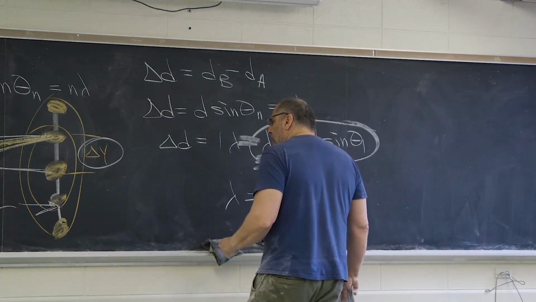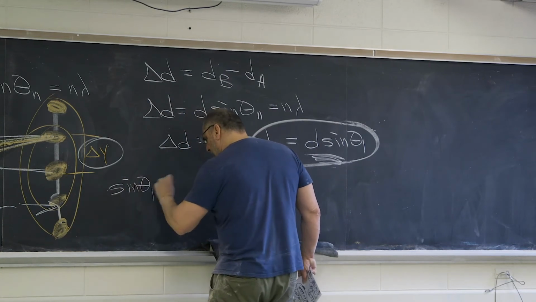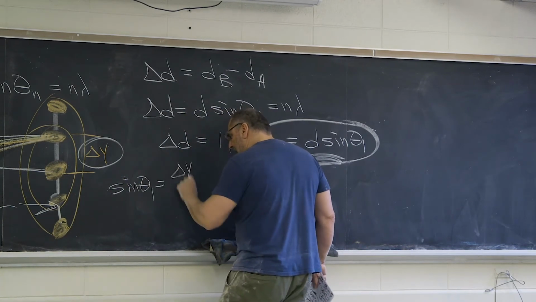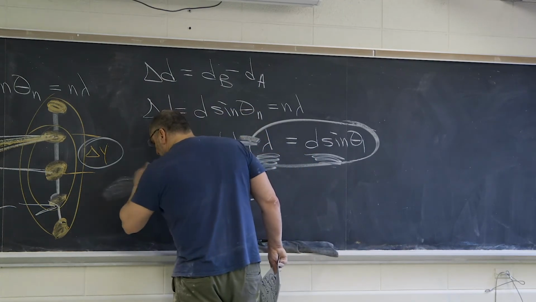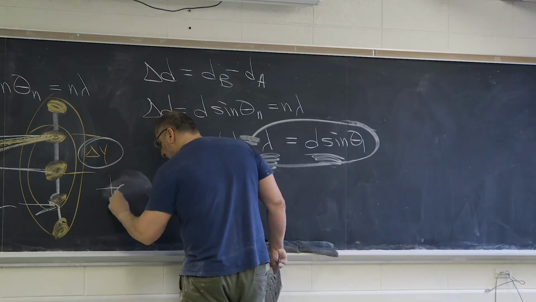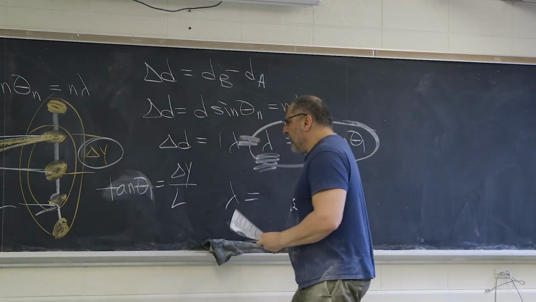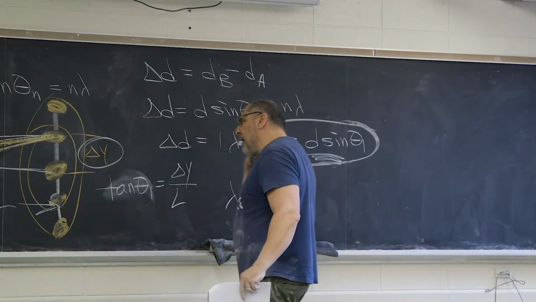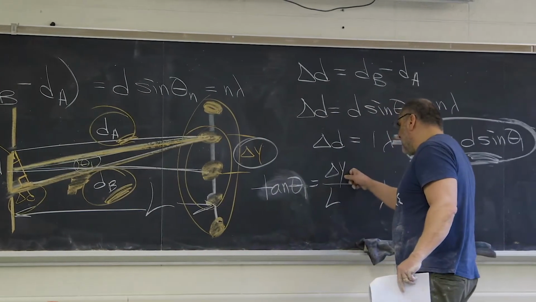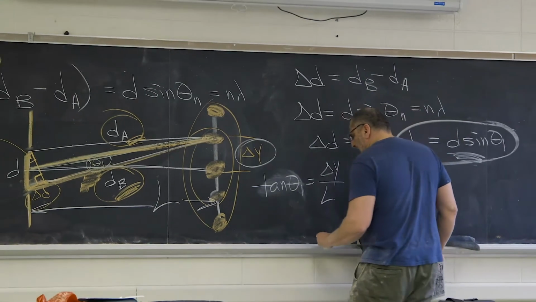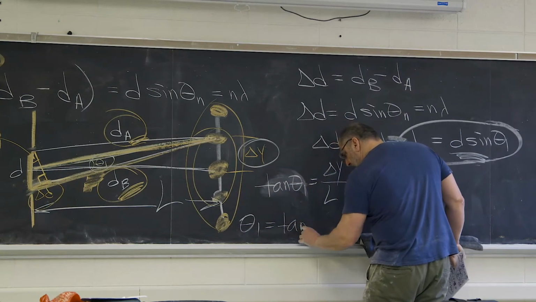Well, I'll tell you what I'm going to do. They gave us delta Y. Sine theta 1 is delta Y over L. It's not the sine in this case. In this case, it can be the tangent. Not a huge difference, but there's nevertheless a difference. Let's do it right. Tangent theta 1 is the rise over the run. The run is L, the rise is delta Y. Theta 1 is inverse tangent